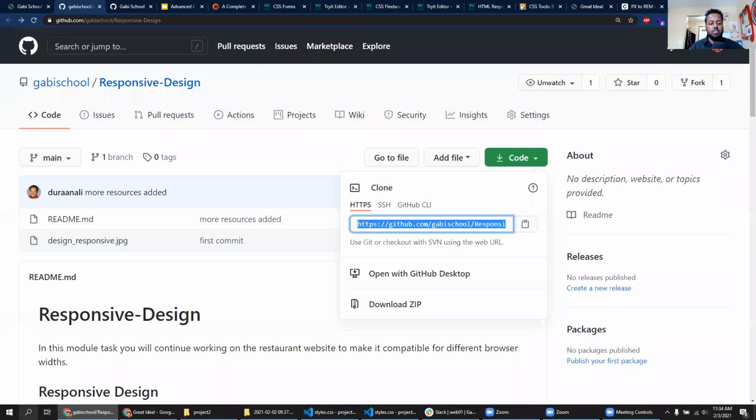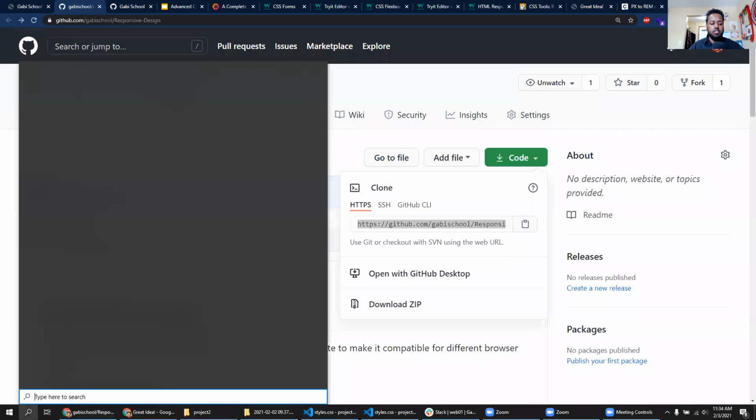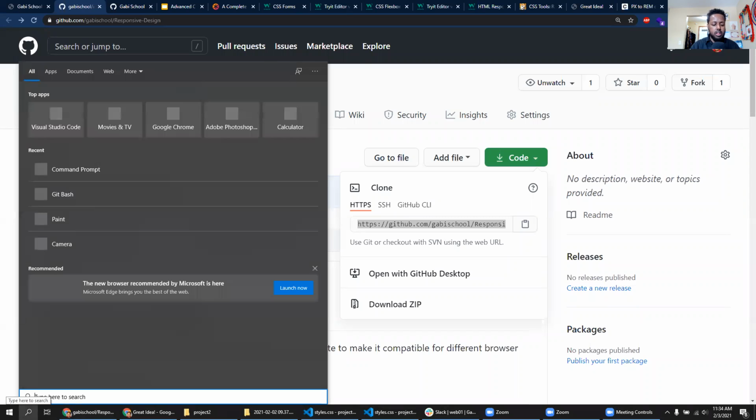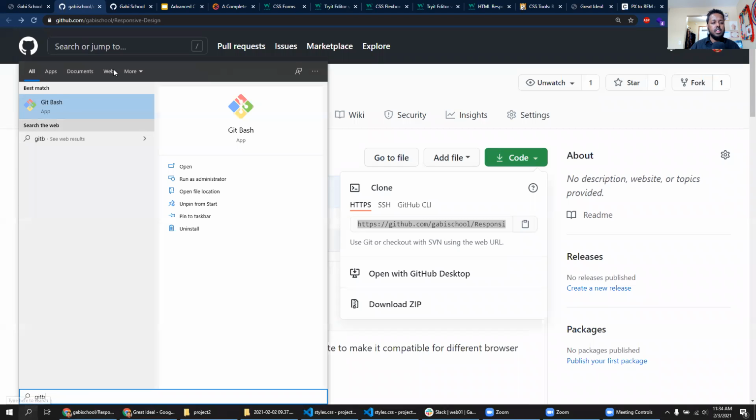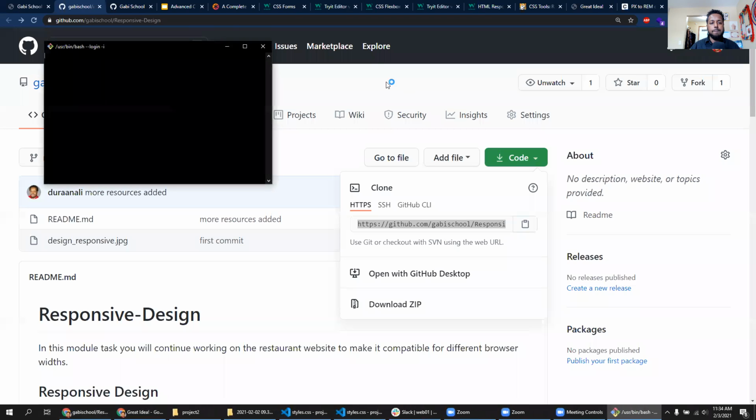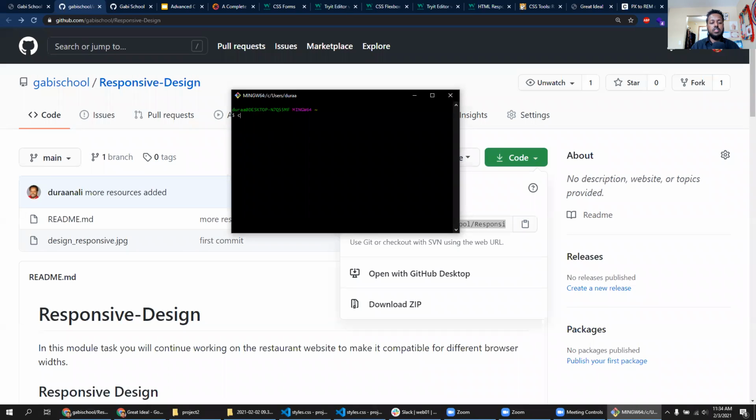Go to your terminal or Git Bash, and then just open it in a folder. So what you could do is you could say cd document, for example, and you cd into the document. Let me make that bigger. You cd into document. Cd means you go into it, and then you cd into whatever folder, maybe Ghibli School